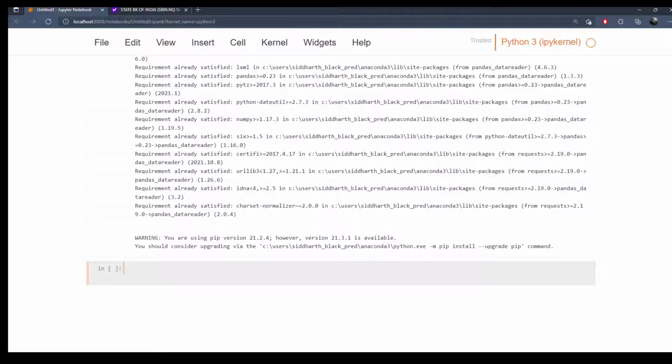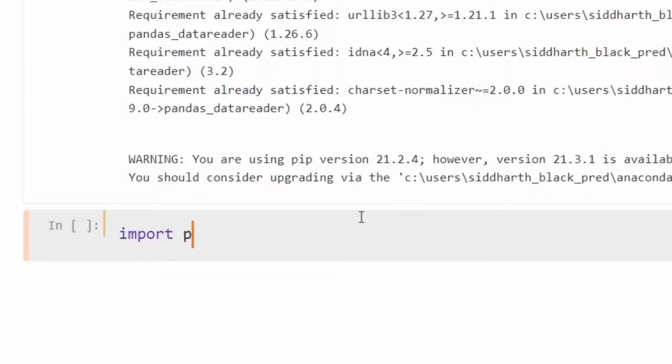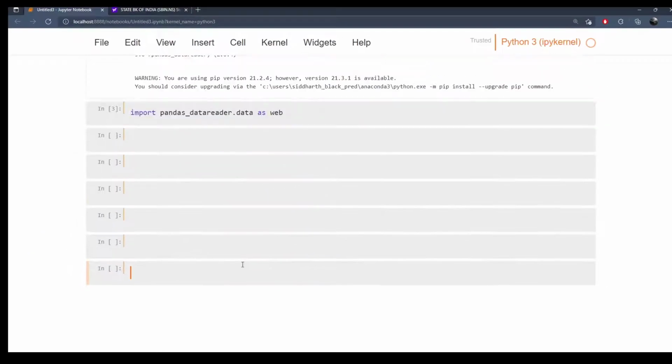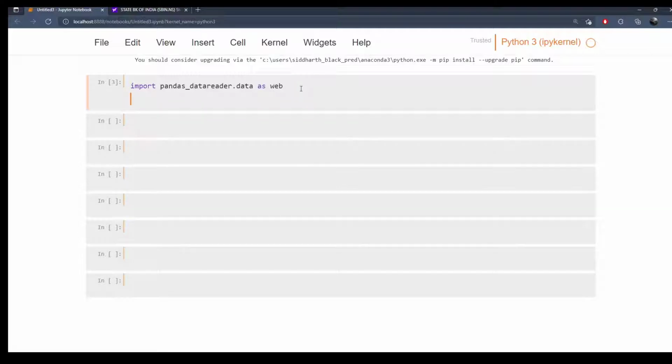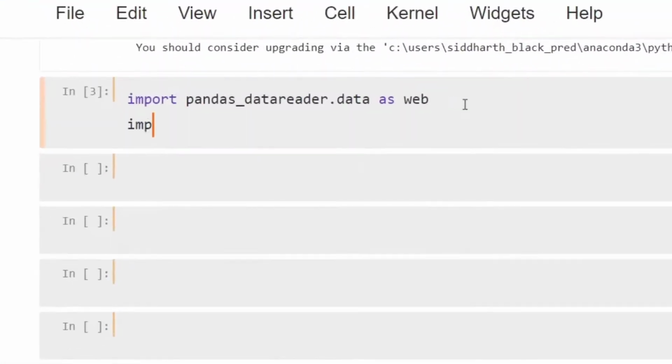Let's import the Pandas data reader. To import it, we need to type import pandas_datareader.data as web. There is a convention for this. We also need to import the Pandas library, so we'll do import pandas as pd.